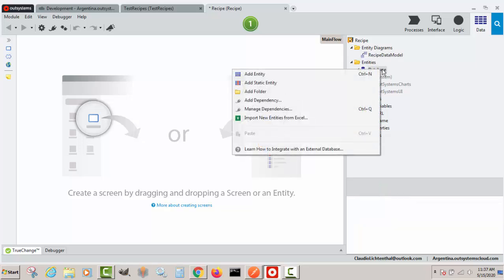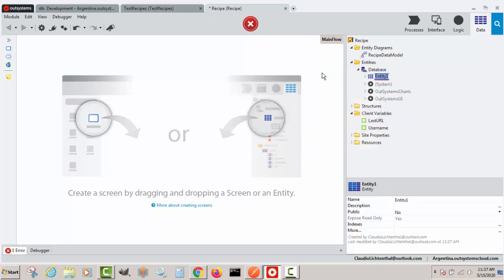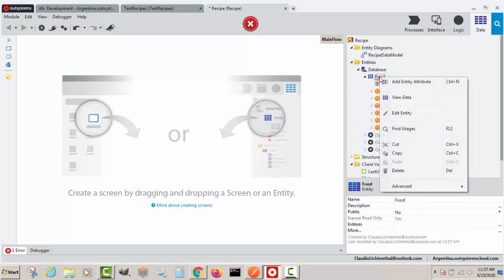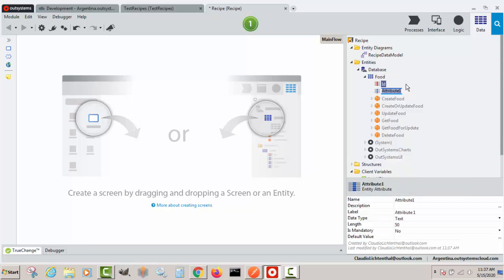So I'm going to right click on database, add the table, call it food, and we need to add some columns, perhaps the name of the food, and I'm going to also add another attribute which I will use for the filter. So you will see that later when I use the radio buttons to select. I want this to be a boolean